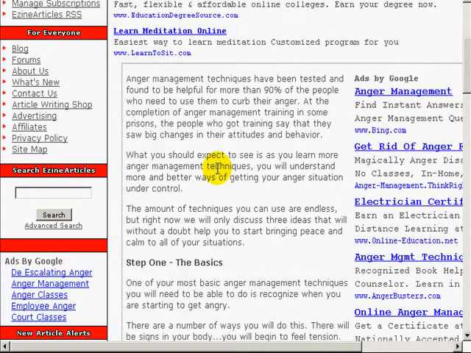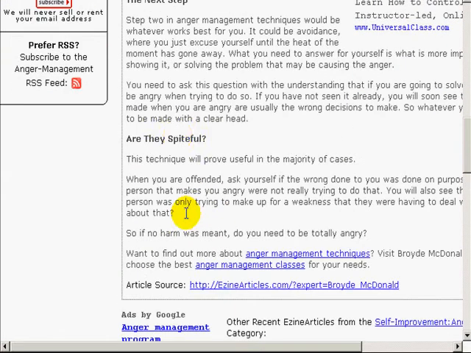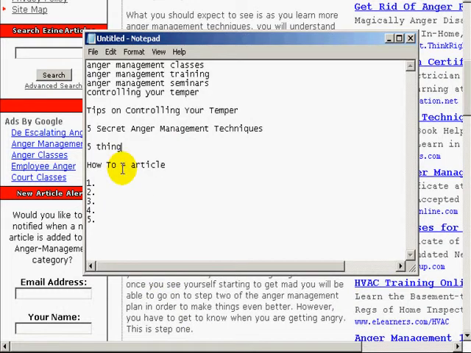Let's take, for example, this article that talks about the 3 secret anger management techniques. You'll notice that it has step 1, next step, and the next step. So we've got 3 steps. The same concept. So you can see how easy it is. I could say 5 things that are clear signs that you have anger issues. You're not confident, you're insecure, you're constantly saying, why is that person doing this and that? You're constantly being negative, things like that.